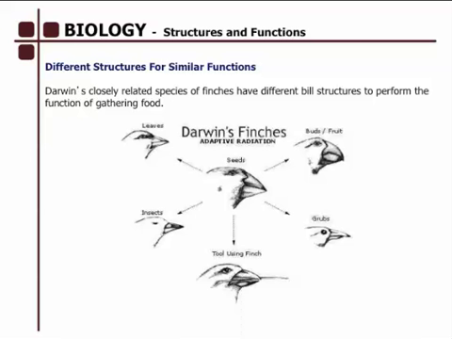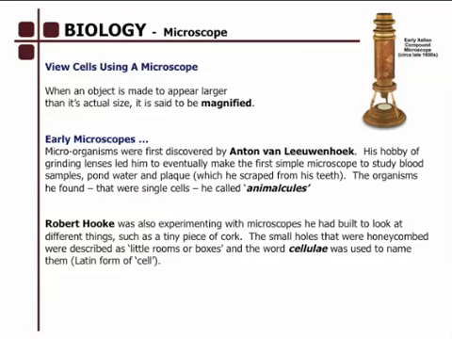Okay, I'm going to quickly talk about microscopes. So, the view of cells using a microscope. When an object is made to appear larger than it actually is, it's said to be magnified. In early microscopes, microorganisms were first discovered by Anton van Leeuwenhoek, and his hobby of grinding lenses led him to eventually make the first simple microscope to study blood samples, pond water, and plaque, what you scrape from your teeth. The single-celled organisms he found he called animalcules, so small